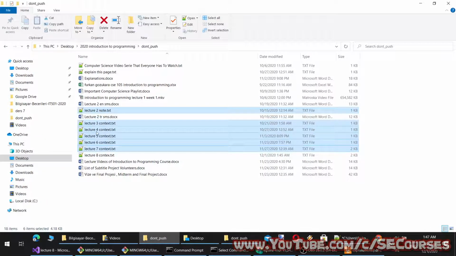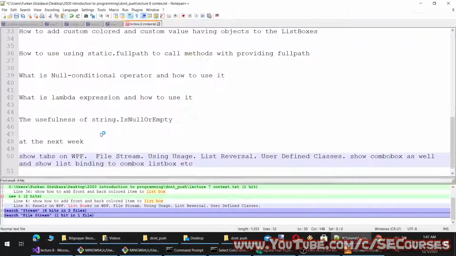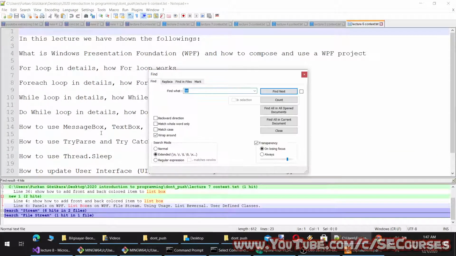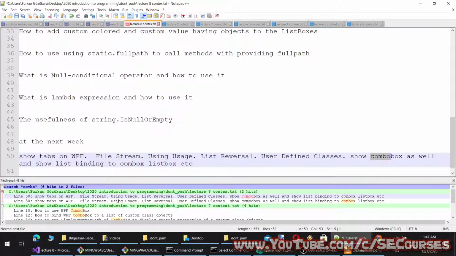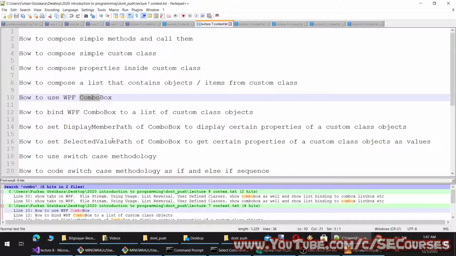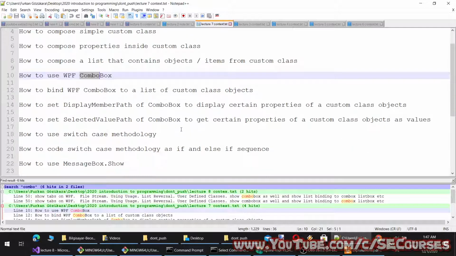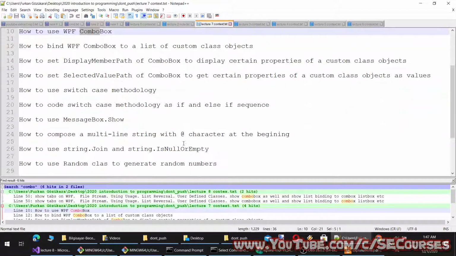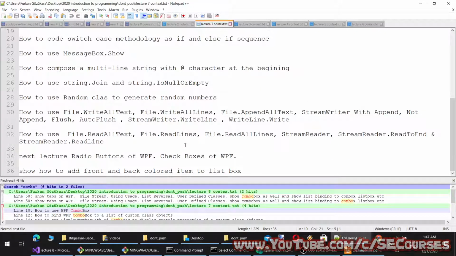I think I didn't show the combo box yet. Let me open it. Combo. Okay, it is here. Oh, we have shown the combo box. Okay, we have shown the custom class objects in combo box. Yeah, we have seen the combo box. Yeah, we don't need to show it.